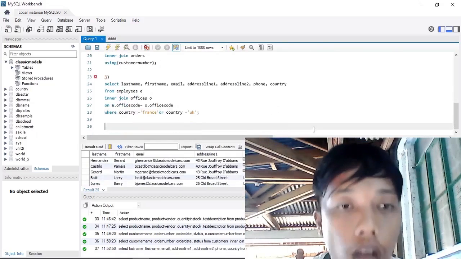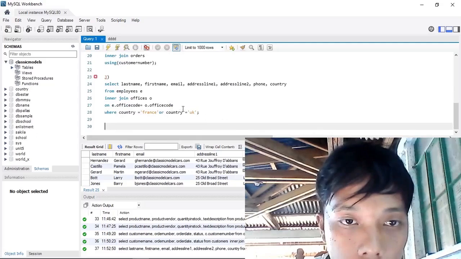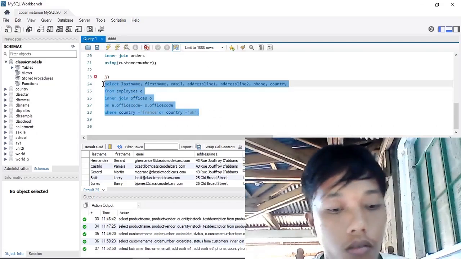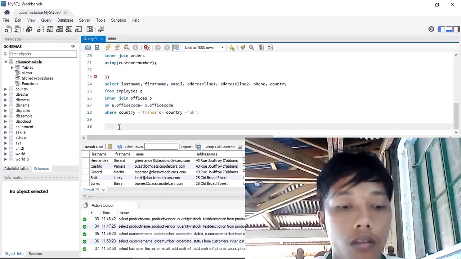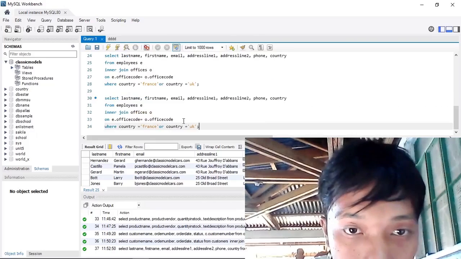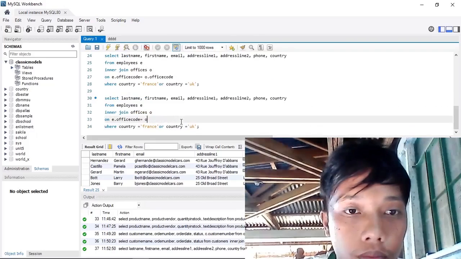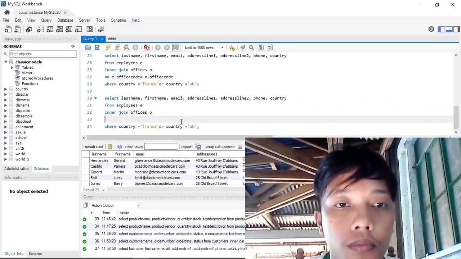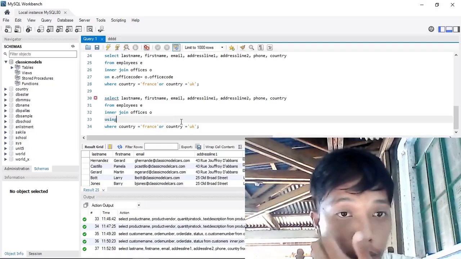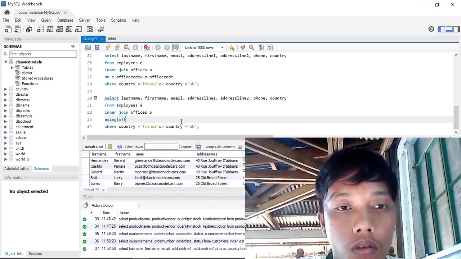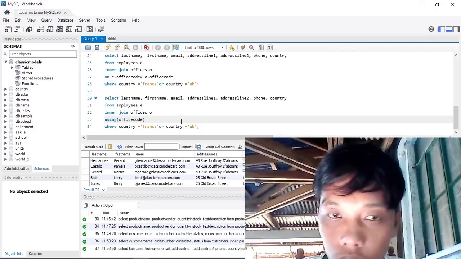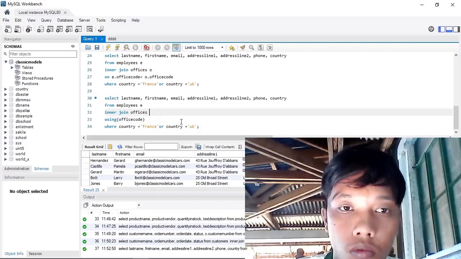The second syntax, I'm going to copy this, Control C, then paste, then edit them, change this, using office code.